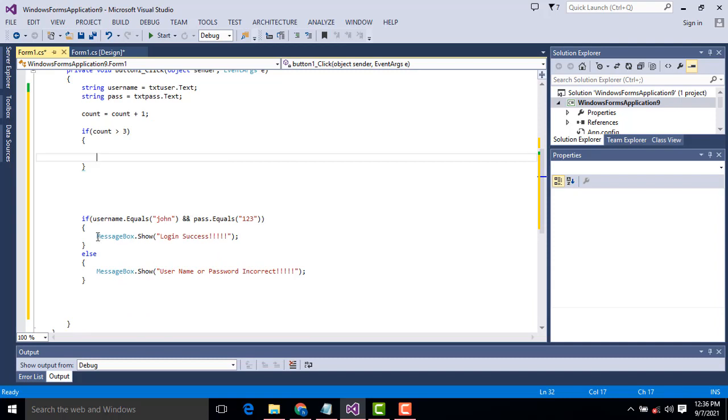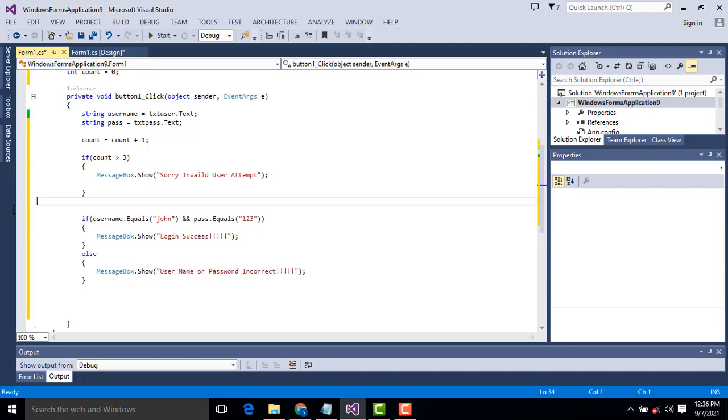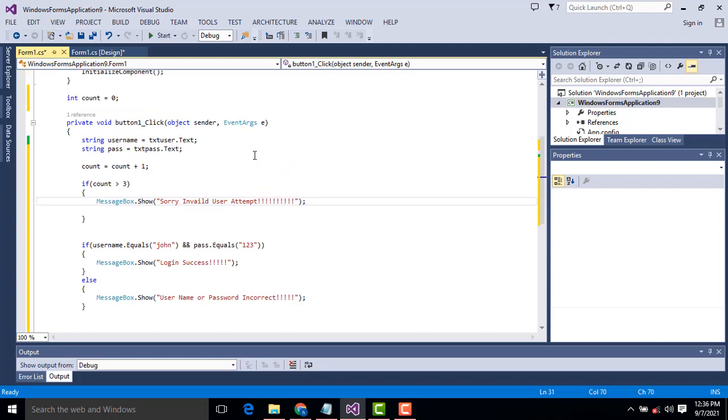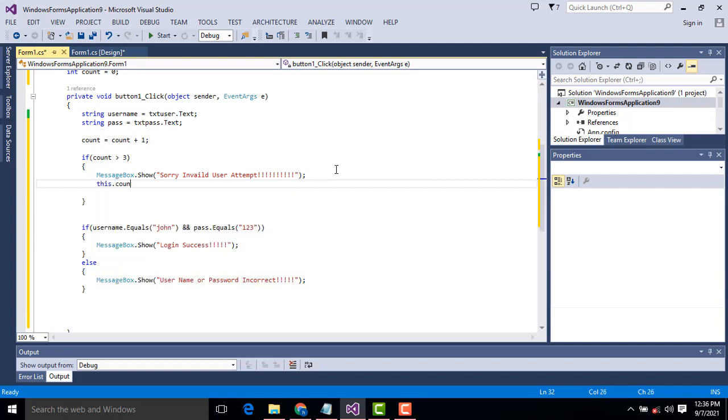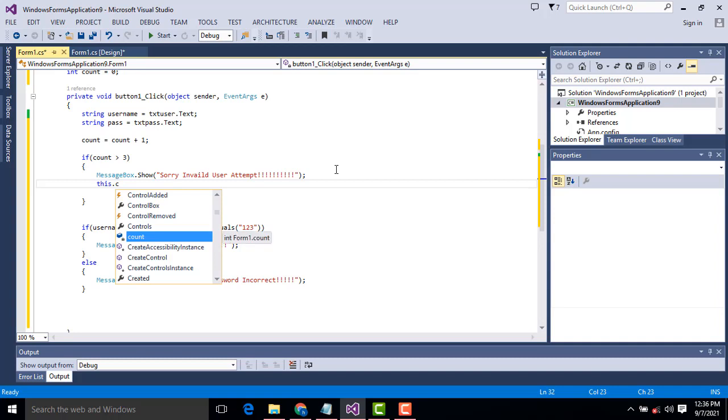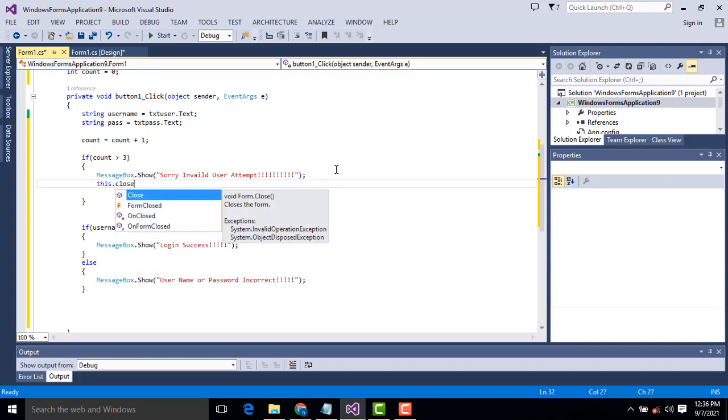The message box you have to display as sorry, invalid user attempt, something like that. This is simple stuff. After that we have to close the form. If you try more than 3 times, we display the message sorry invalid user attempt, and eventually close the form.